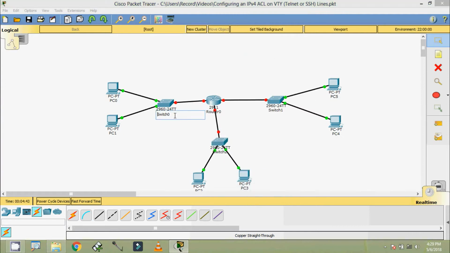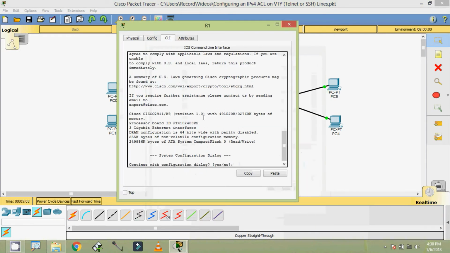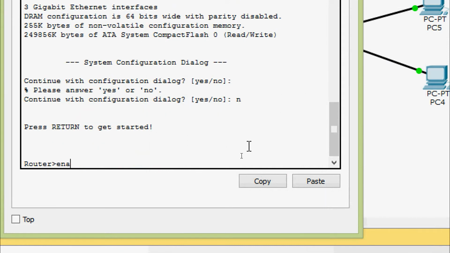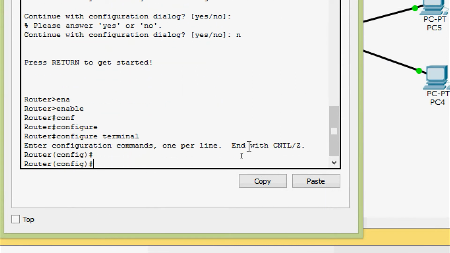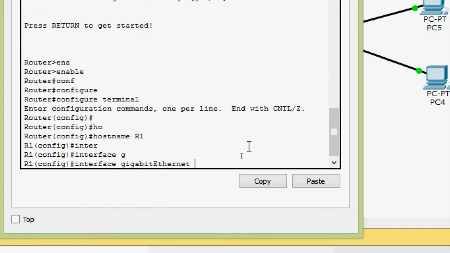We will rename these devices as S1, S2 and S3. Also router R1. Now we are going to assign the IP address for all these interfaces on this router R1. Coming to R1, enable, configure terminal. We will set the host name as R1 and we will go to the interface gigabit Ethernet